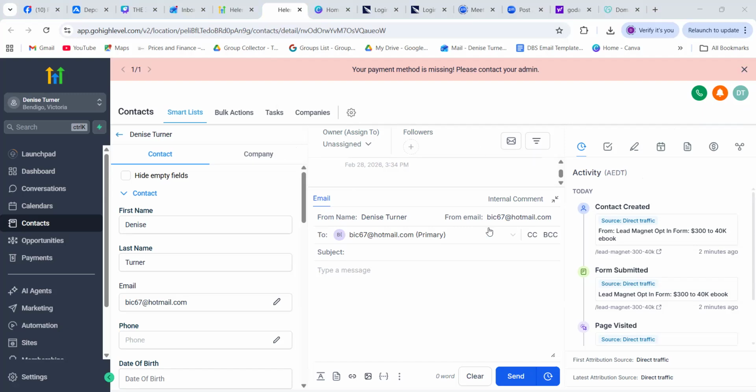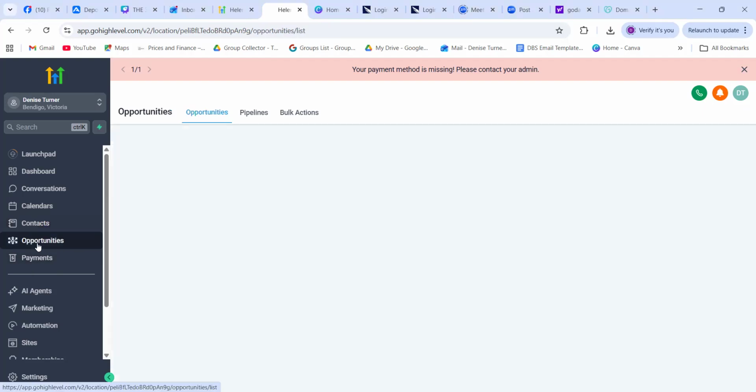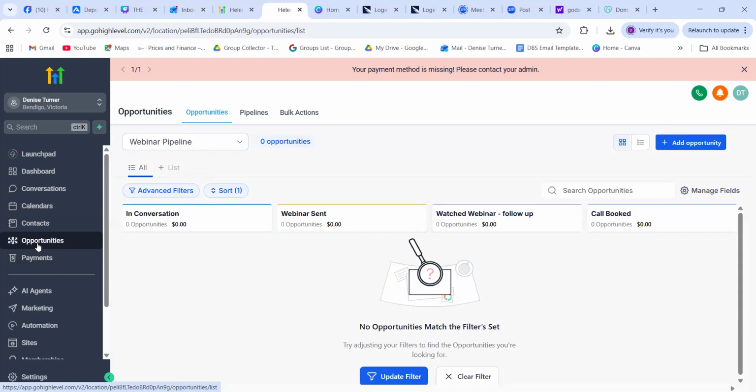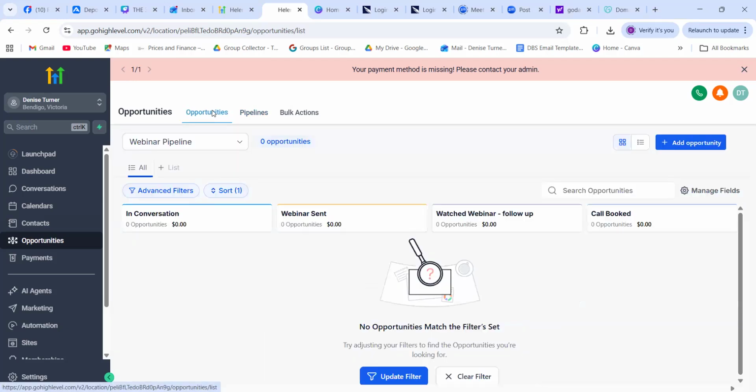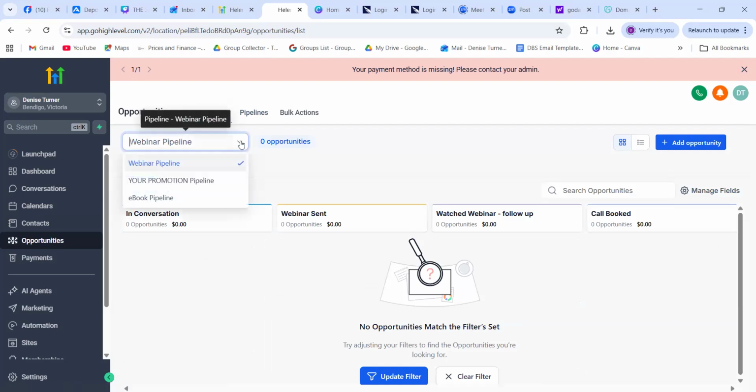over on the left-hand side. Which hand am I looking? Yep, in the grey menu on the left-hand side, for your main opportunities. Yep. So you can see webinar pipeline up the top there, and there's a little drop down next to it. It's got 0 opportunities. Oh, go back, sorry. Hang on, no, just go back to opportunities. Just click on opportunities, and just below that, you've got a drop down. So you can go and check out whatever. So go and check out your ebook pipeline,